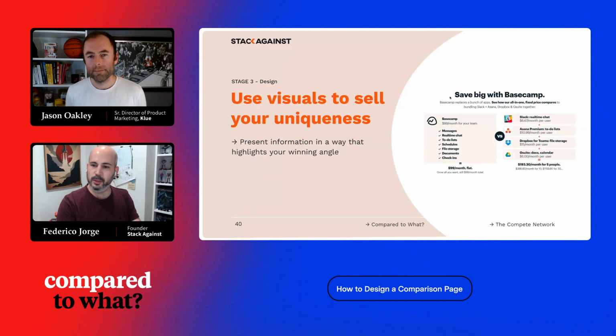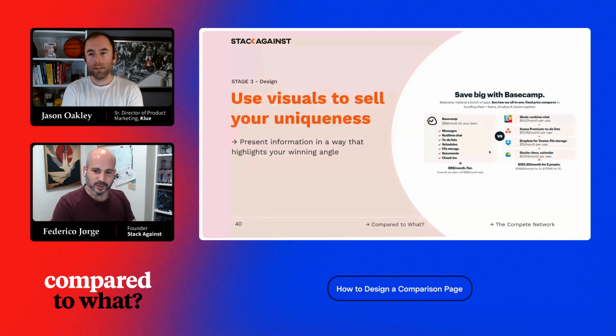Say this is the all-in-one tool, replace Slack, Asana, Dropbox, and G Suite, and just say that, and it's just copy, right? Which would not be bad, but adding this visual comparison adds so much to the story, and like you said, I don't think this is here just by chance. I assume that somebody evaluating these options, Basecamp or all these other tools,